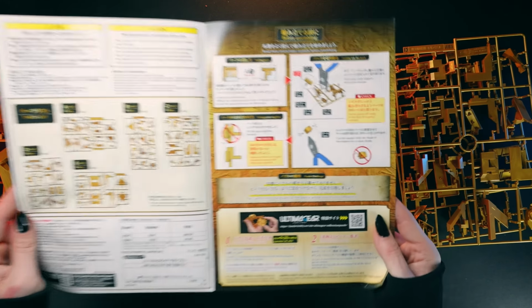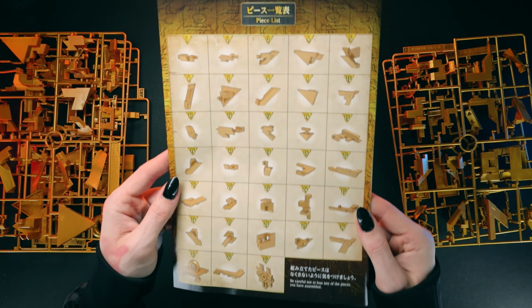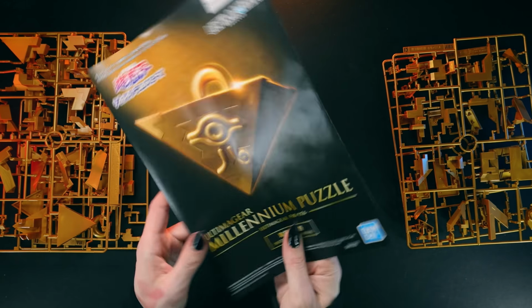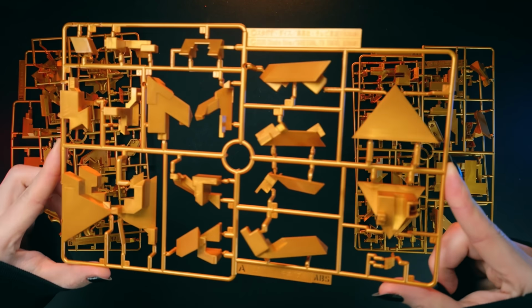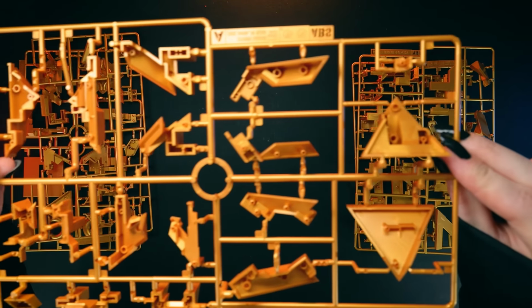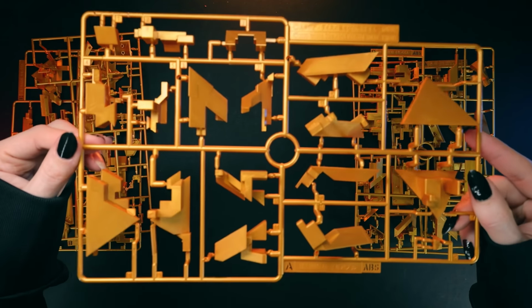So the runners there, how to put it together there, the various parts that you actually get in the end, that's 1 through 33, and it tells you how to put the little individual elements together, but not how to complete the puzzle. Fun! So there's a quick look at what one of the runners looks like, and these are all fairly large parts, so it should be simple enough to put together. Regular old gunpla style or plastic model style attachment points on there,